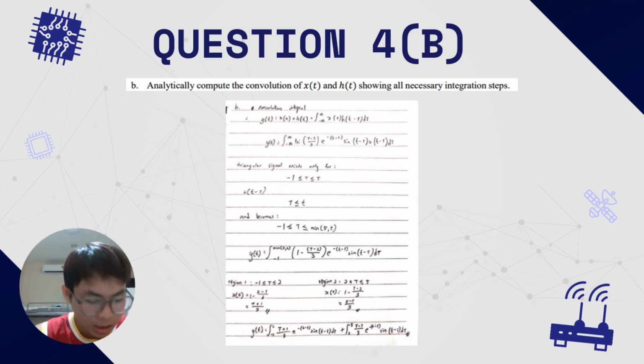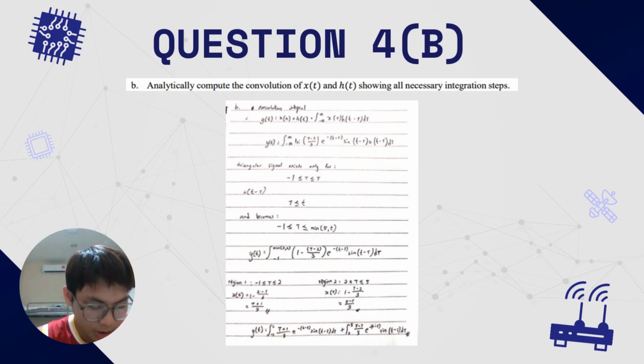We get two regions. The first region is negative 1 lower than t lower than 2, and we get x(t) equal to (t plus 1) over 3. For region 2, 2 lower than t lower than 5, and x(t) becomes (5 minus t) over 3. And the final answer is y(t) equal to the integral with upper limit 2 and lower limit negative 1 of